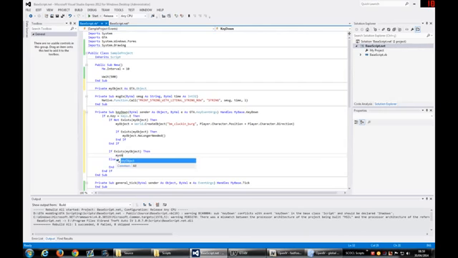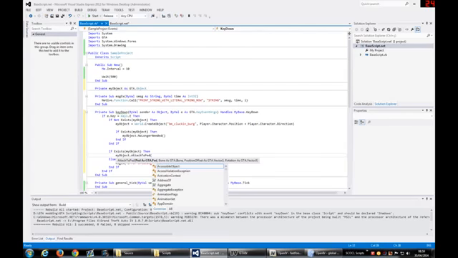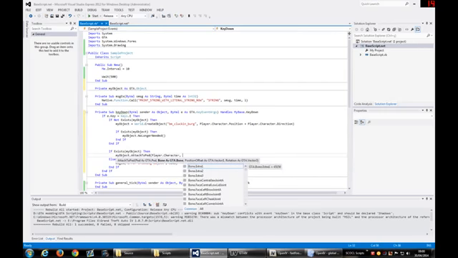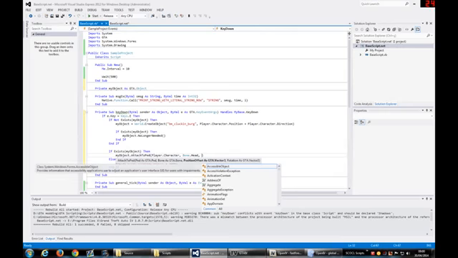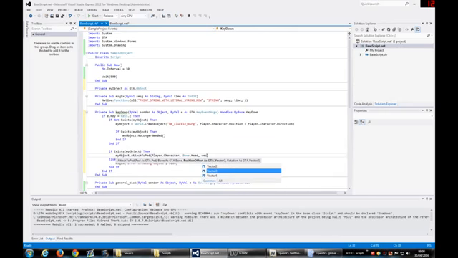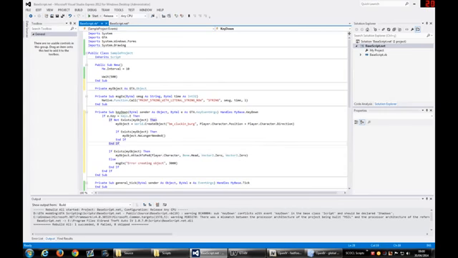We could use this method here, the object dot attach to ped. The pedestrian player, the bone where we need to attach, for example let's attach to the head, and the position offset, the offset of the attach, we can set as 0. The rotation let's set as 0 too, just for testing.